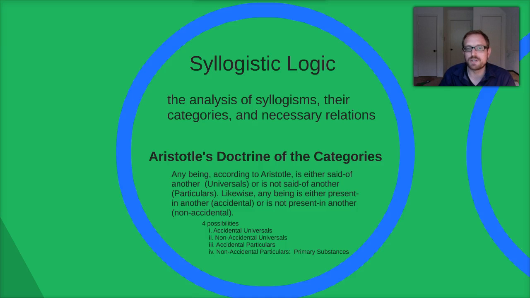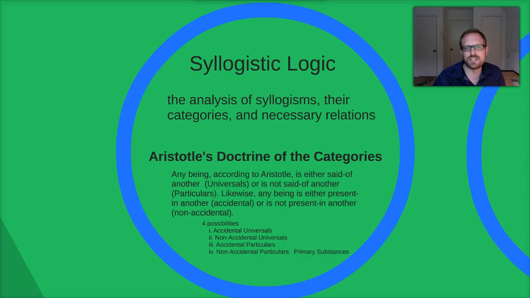Okay, there's the one thing. Now, Aristotle is famous for developing syllogistic logic, which is what we've been calling categorical logic, as well as modal logic, which is also a form of syllogistic logic, but we haven't been discussing modal logic at all. So I'm not going to talk about that in this video. But modal logic, if you read about it, refers to logic regarding things of necessity. Just like how we've developed the traditional square of opposition, there is a square of opposition for modal logic as well. We're not going to go over that, but Aristotle is very well known for being the father of at least archaic modal logic.